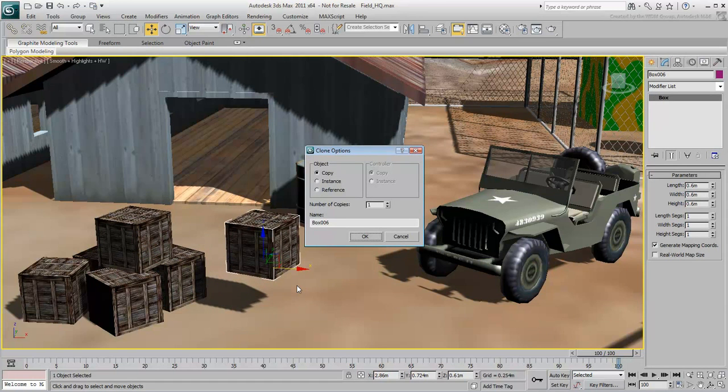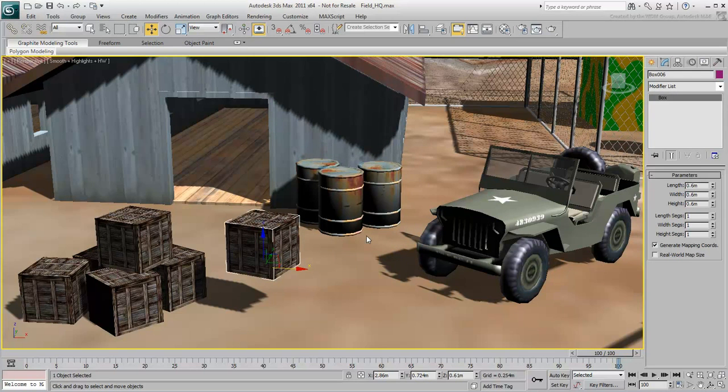It's important that you define the type of clone you wish to create. This movie concentrates on the first 2 types, copy and instance. Notice that copy is the default type. A copy is a completely independent object from the original. At the time of creation, the 2 are identical, but after that, you can modify either one without affecting the